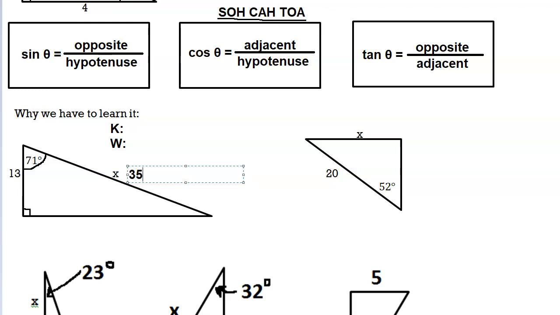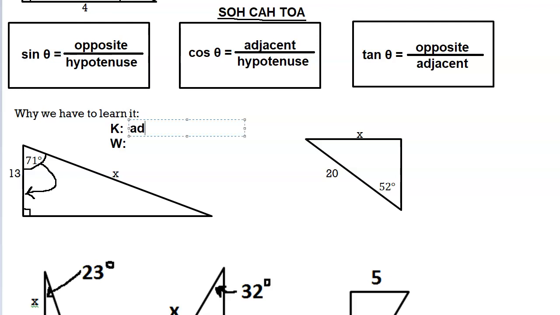35. Okay? Now, I do that because if it turns out that my answer is way different from 35, it means I probably set it up wrong. Okay, so I'm just throwing a number out there. You can throw out whatever number you want, but it's going to have to be way bigger than 13. Anyway, in the picture, based on the angle that you were given, the side that has been given to us